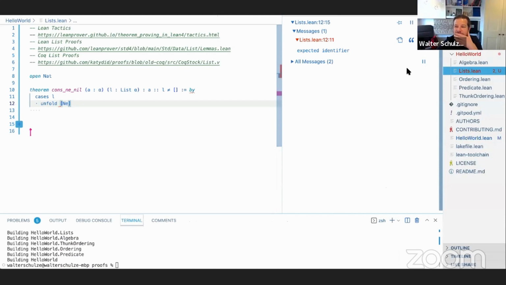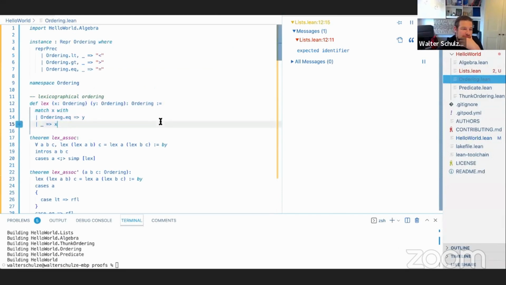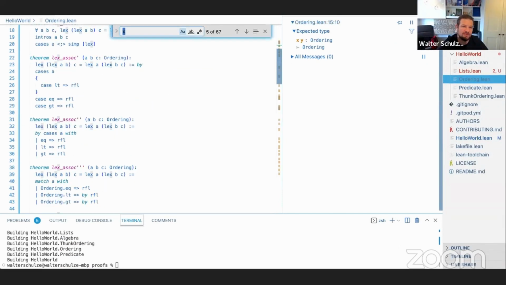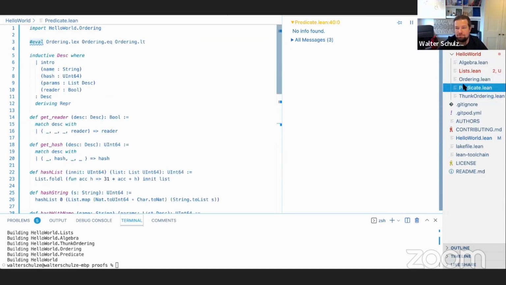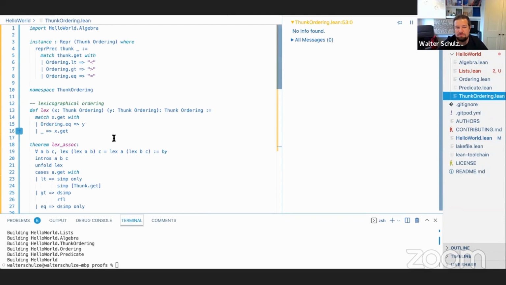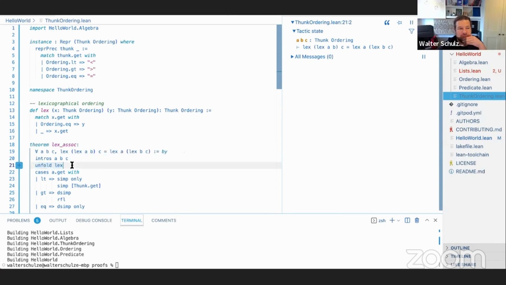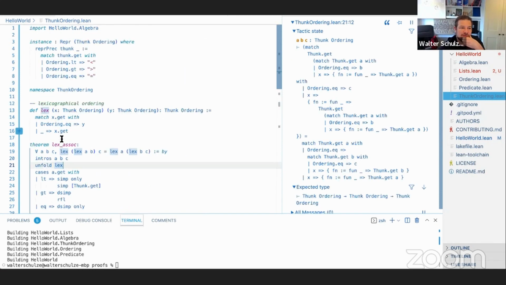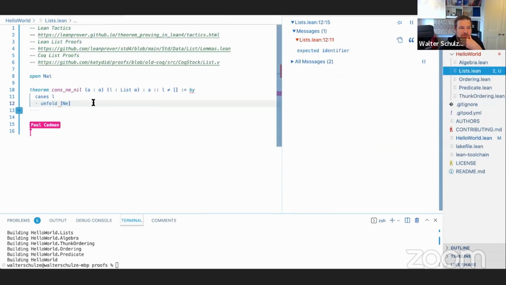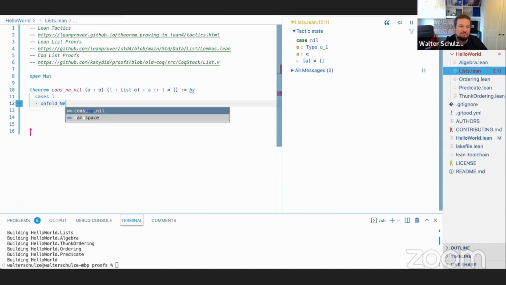I feel like I've definitely used unfold in one of these other files. Yeah, I can't find it. There we go. Here's an unfold. Okay. So it exists. But yeah, you need the function name. And in this case, we have any, but